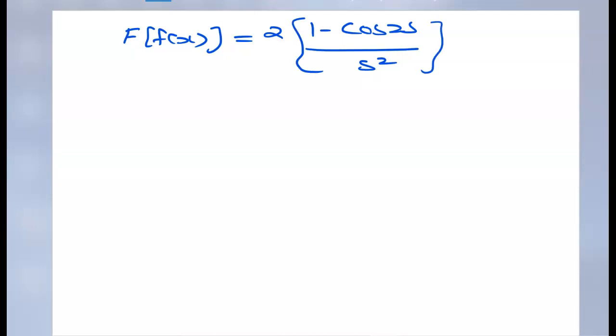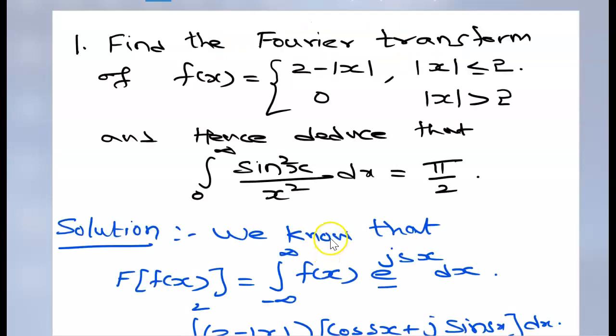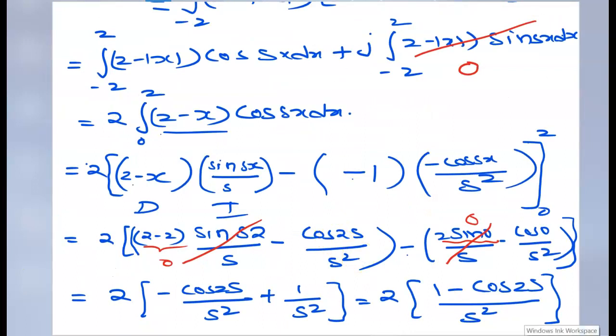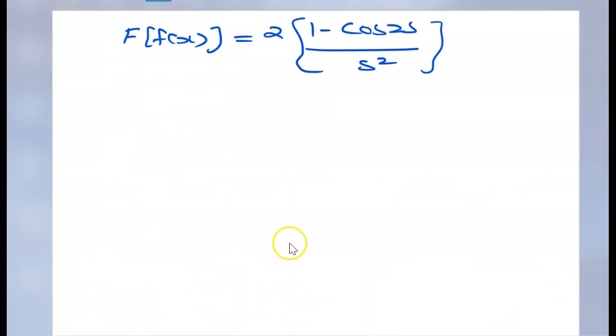Let me go back to this previous page and I'll show you here. What I have done here is, I have taken s squared common. The same thing I have written, from here to here I have written 1 first, minus cos 2s. And this one again, if you notice, 1 minus